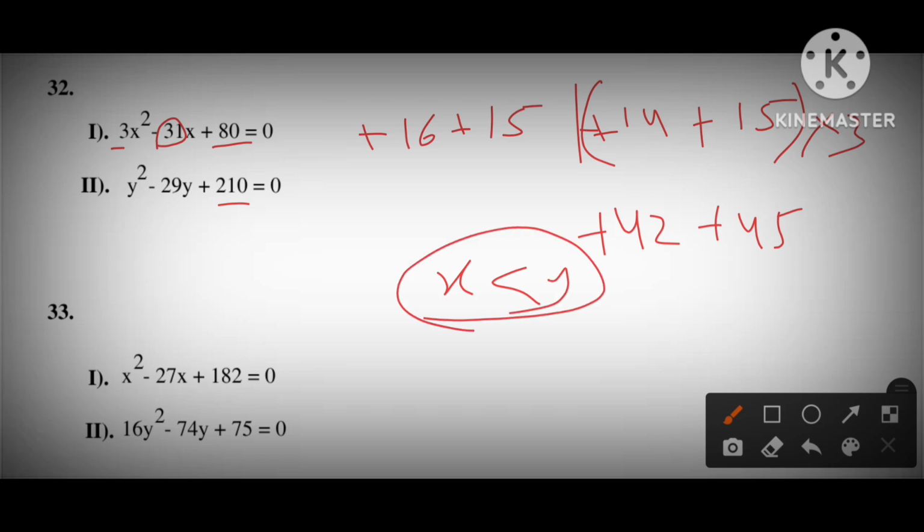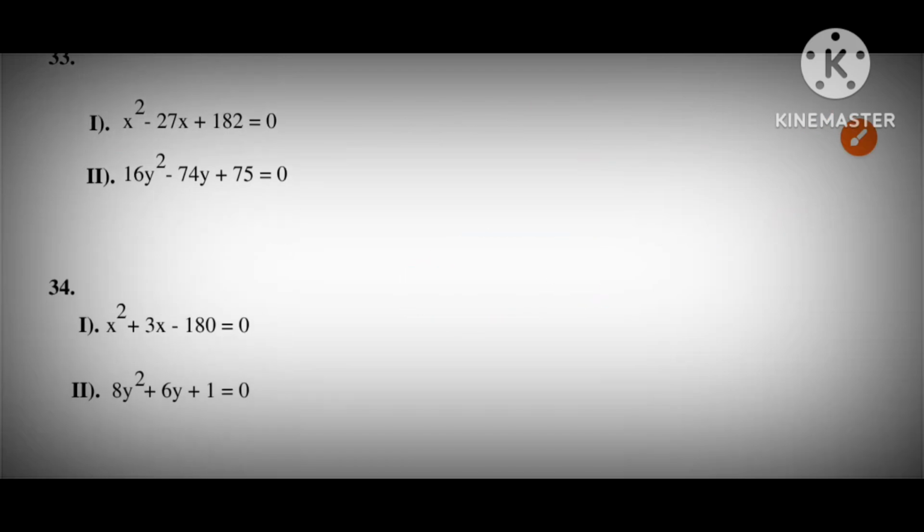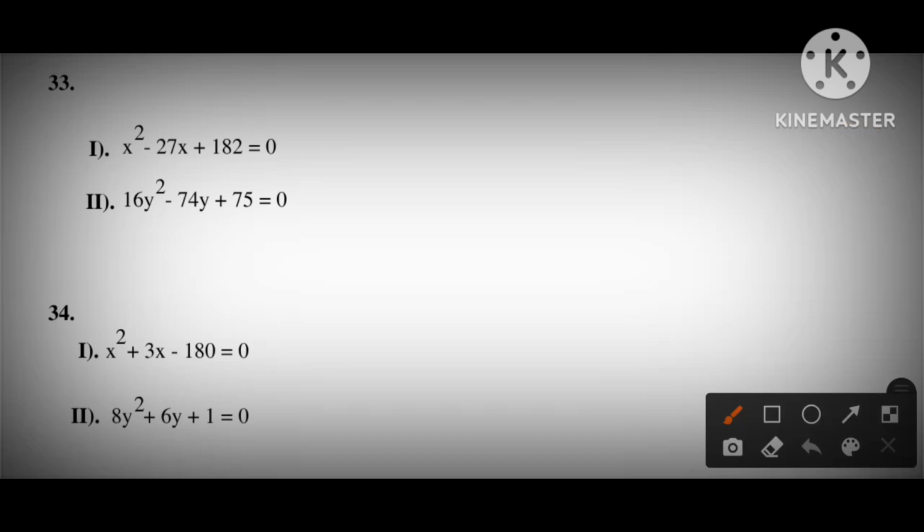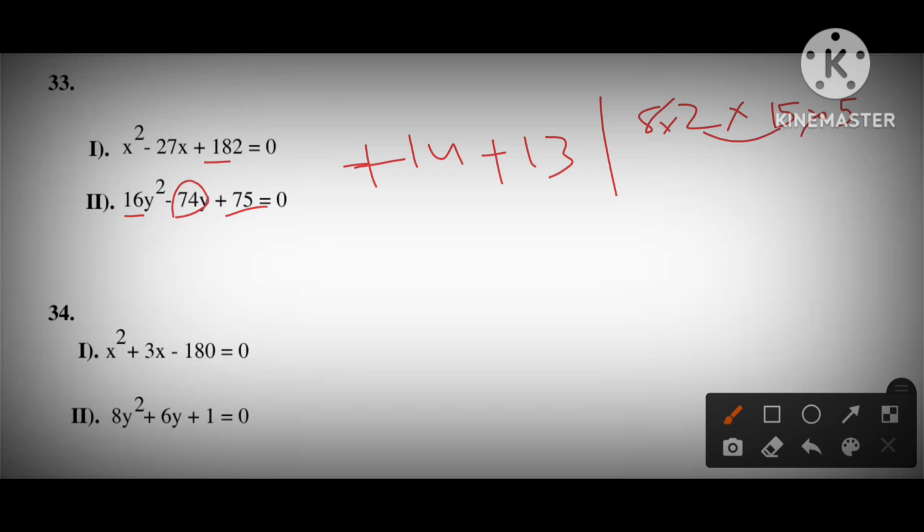First second question. Now we are going to see question number 3. Here we see 182. 182 means 14 13 times 182. Minus and plus means both the roots are in positive. Next one, here 75 and 16. Let's write this 16 as 8 into 2 and 75 as 15 5 times. Okay, now we need to get 74. So 15 2 times 30 and 8 5 times 40.